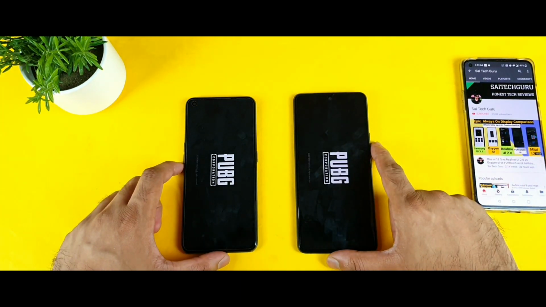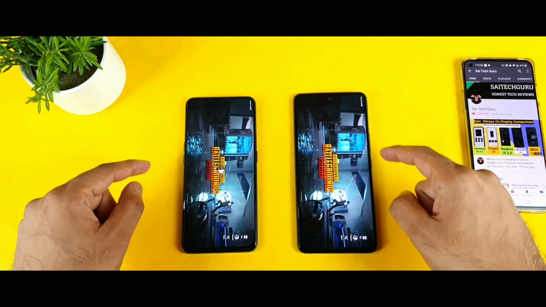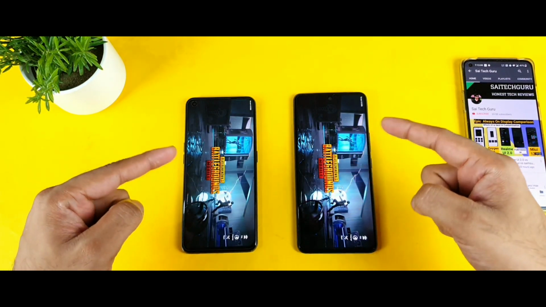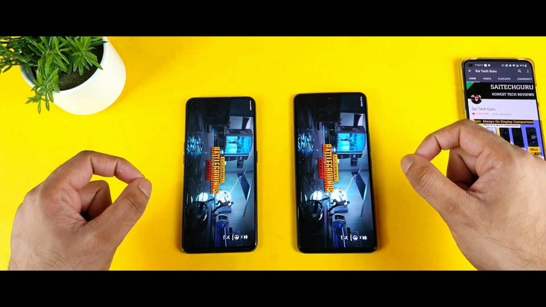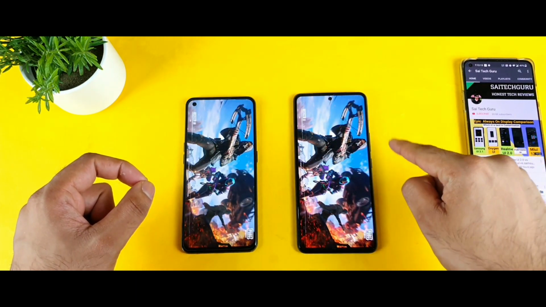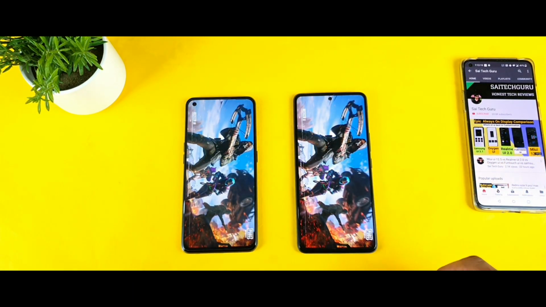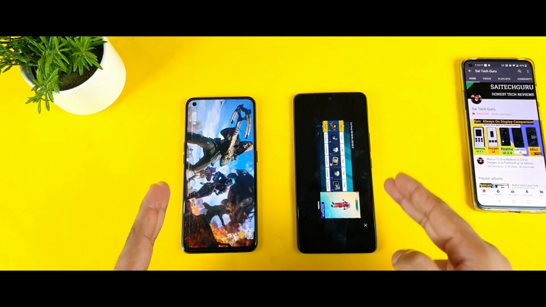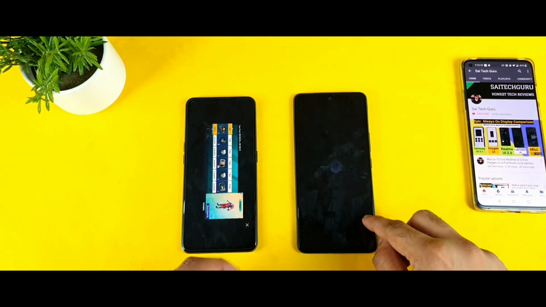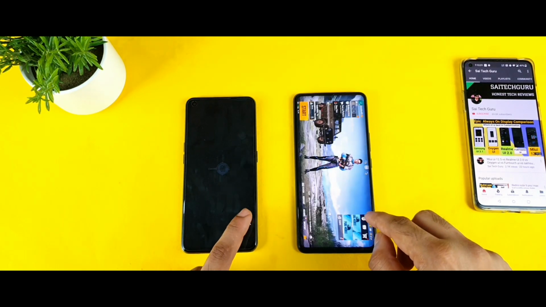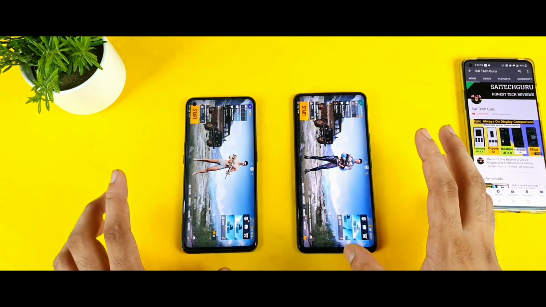I think both did at the same time. Let's see which phone will be able to log in first. I think slight points. As you can see, IQ7 did load this page first, then the Realme X7 Max, exactly this page which I'm talking about. As you can see, friends, right now it did get booted up in the IQ7 first, then the Realme X7 Max device. You did see that.